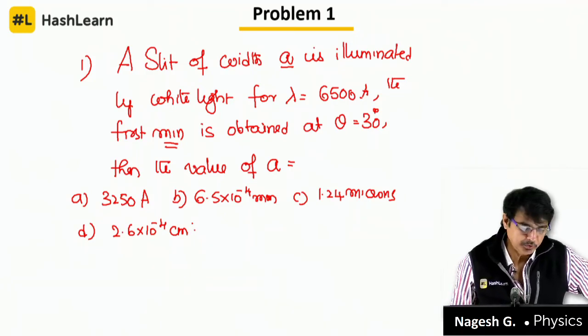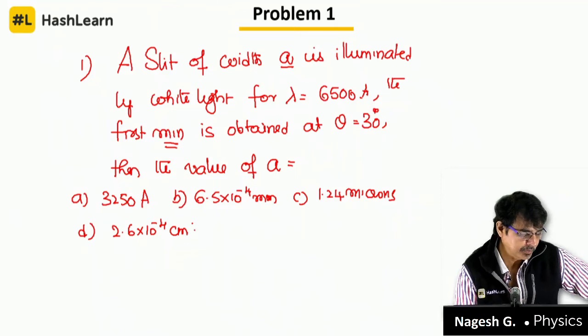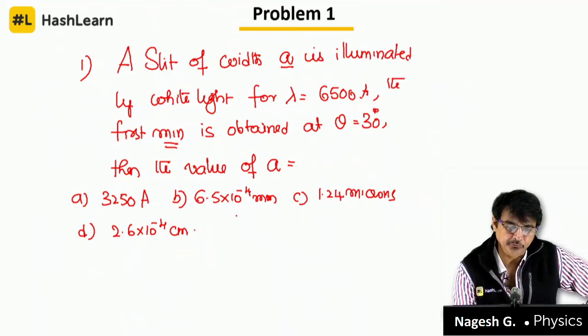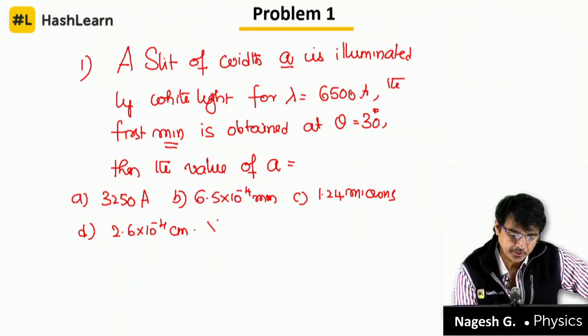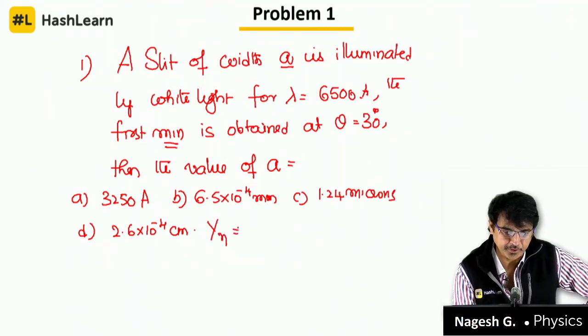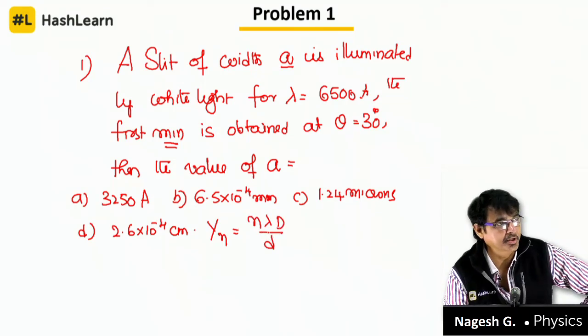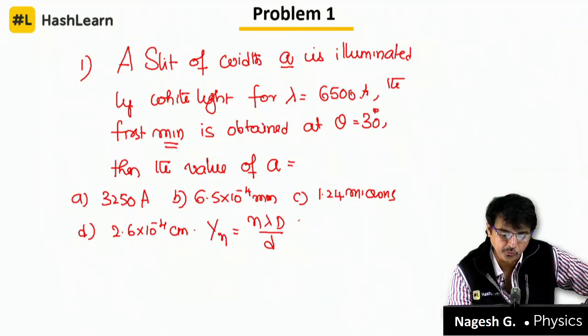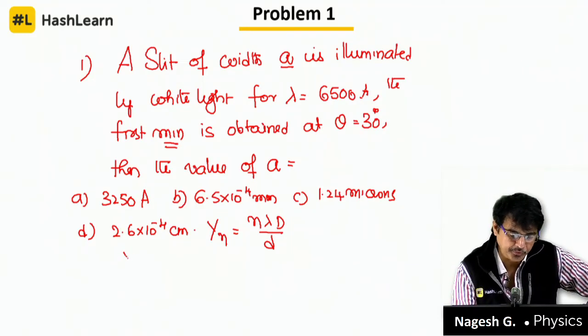Now, see, I am giving. They mentioned that the first minimum is obtained. The distance of the first minimum, as I just now briefed you, is Yn equal to n lambda capital D by small d. Now it is mentioned that the first minimum, so take n equal to 1. Then